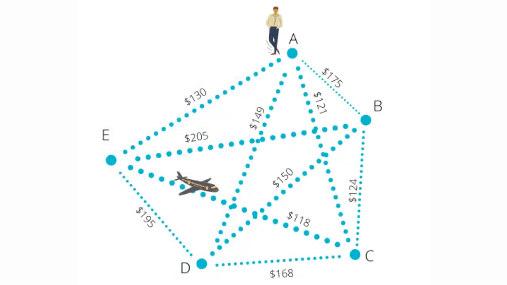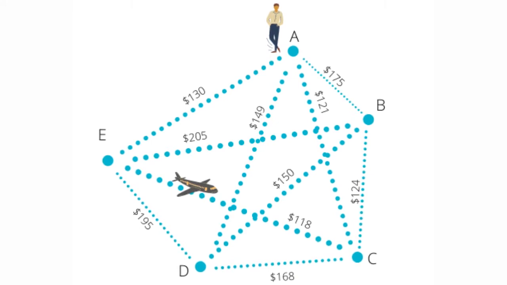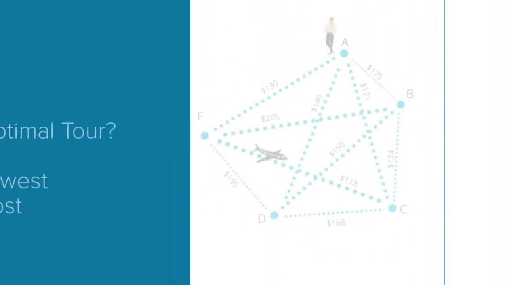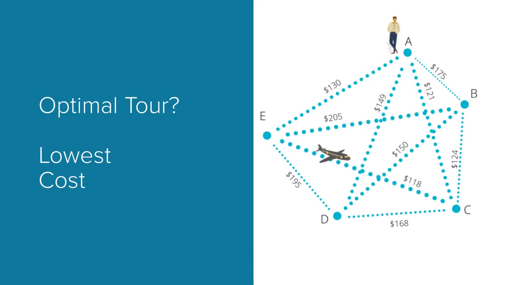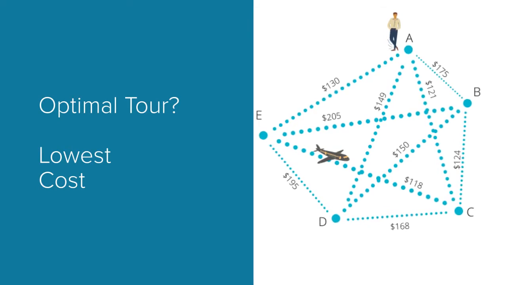First, let's consider what we'll call the classic traveling salesman problem. This businessman must visit customers in 5 cities that are labeled here as A, B, C, D, and E. A is his hometown, so he has to start and end at A. He doesn't want to spend more money than he has to on this trip, so he wants to find the cheapest tour. Besides, the goal here is to make money, not spend extra.